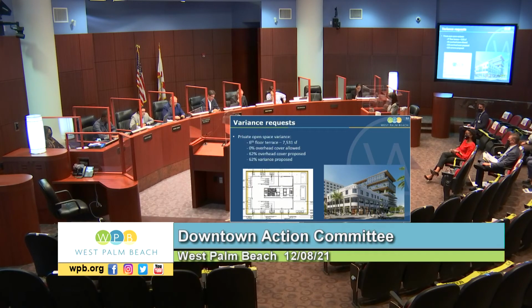The last variance is regarding the private open space. Again, the applicant went very well through the details of this request. Staff totally supports this request, and as he mentioned, this is one that we identified with them and concur that it is probably something that we need to adjust in the code. Having this open space covered will probably make it more usable for the tenants, mainly for office uses. I mean, we have private open space required for the residential buildings, and we have not had any issue with